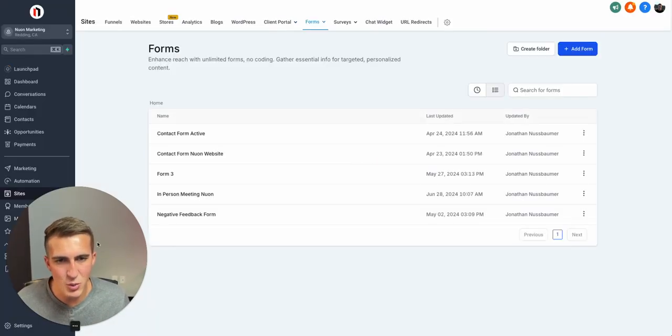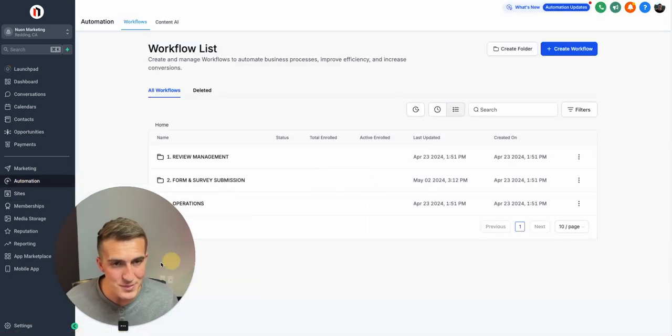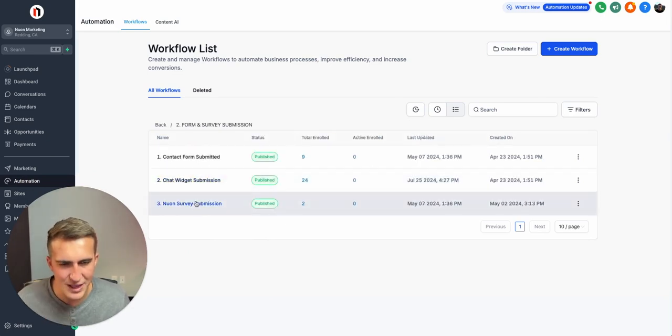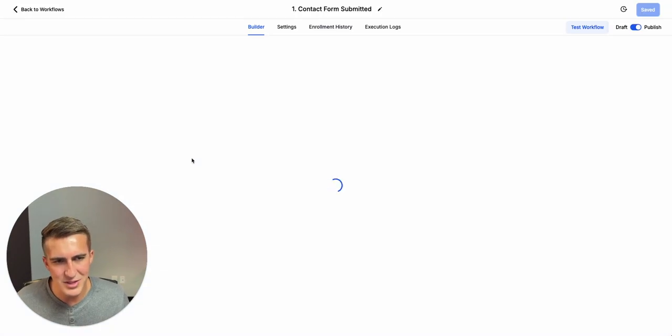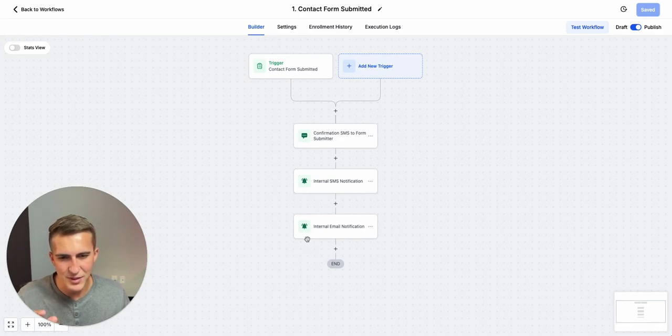The most powerful part is the automations. So let me just show you what I have active on my HighLevel account with my website. It's basically the chat widget and a survey, chat widget, and the form. And let me just show you what happens in the background if someone submits a contact form. You saw the numbers there. I had, you know, a couple of people, 9, maybe 24. And this is just from a couple of months of this website being live. It's not been SEO optimized to the max and none of that, but